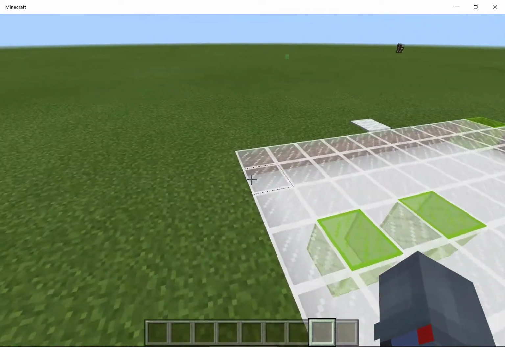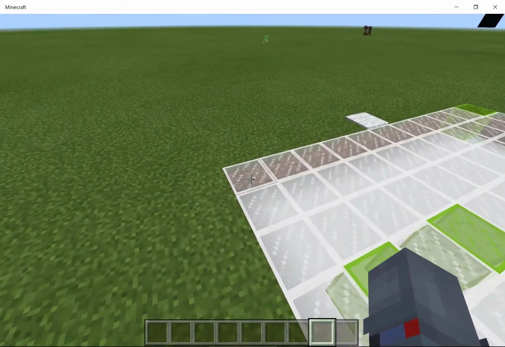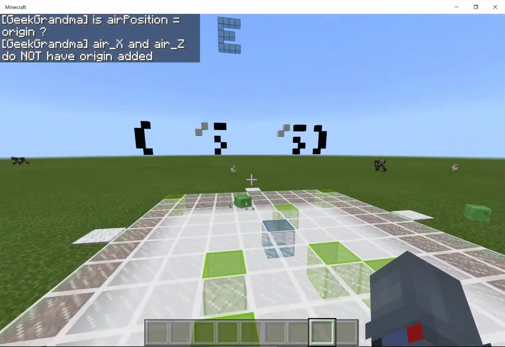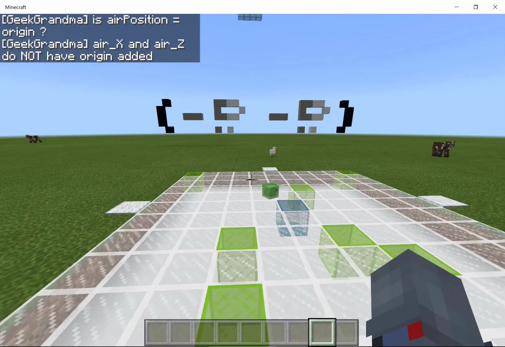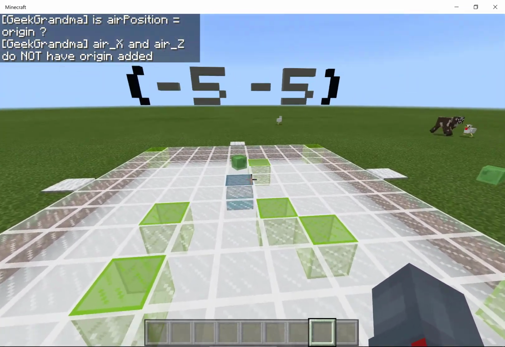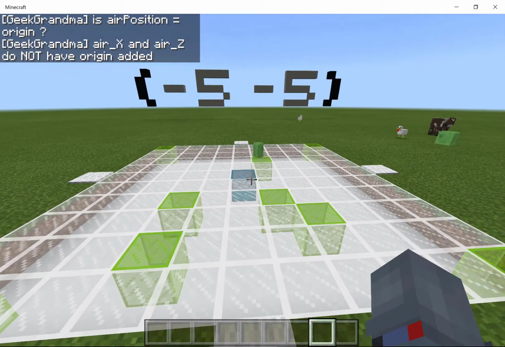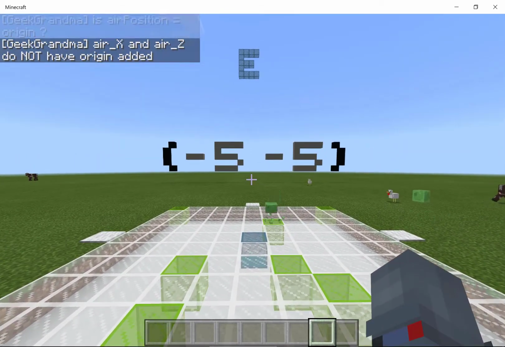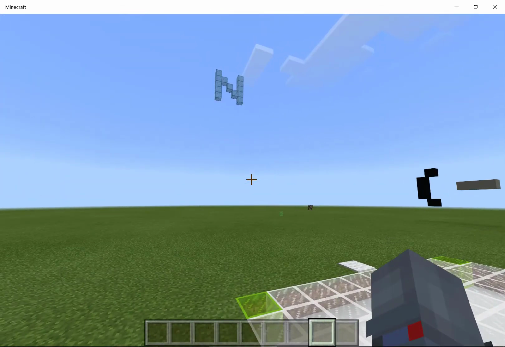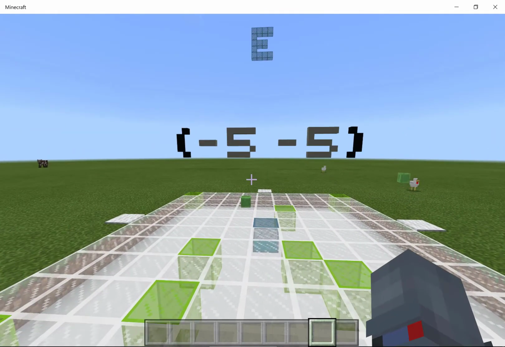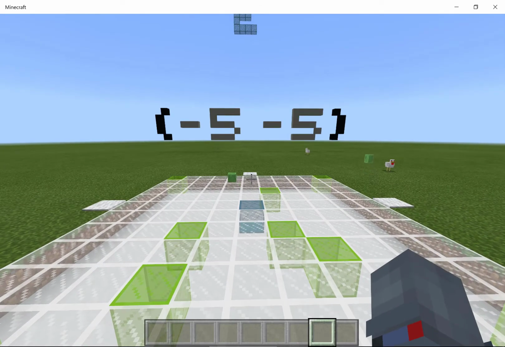Now, there's one more corner block. Might as well do it for consistency. And whoops, it got that one immediately. So that is -5, -5, which means -5 to the north is a -x, and -5 to the